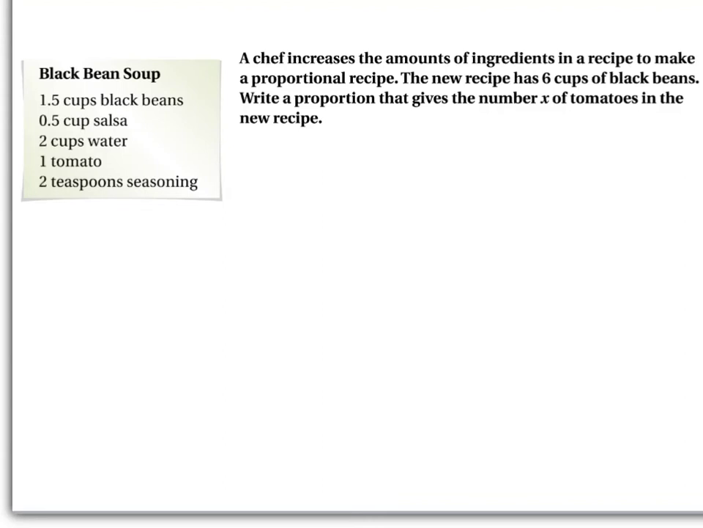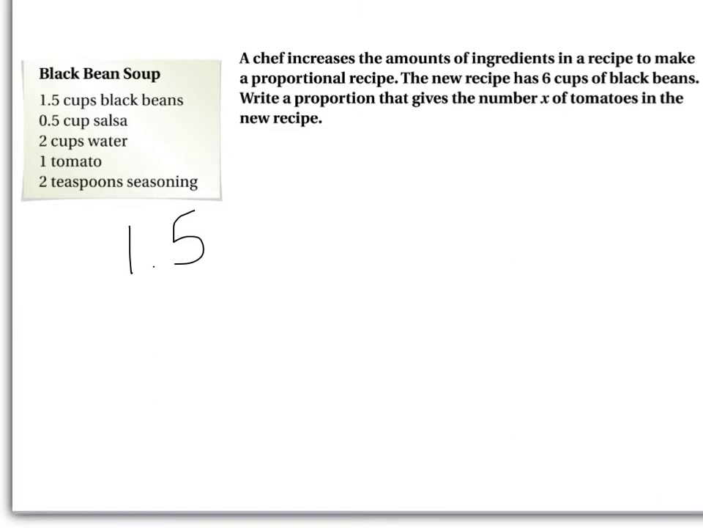All right, let's take the last 2 slides here and look at an example problem. We're looking at a chef making a proportional recipe. Here is the original recipe right here, and the new recipe they're saying we need 6 cups of black beans, and how many tomatoes would we then have in the new recipe? Well, let's take a look at the original recipe here. We have